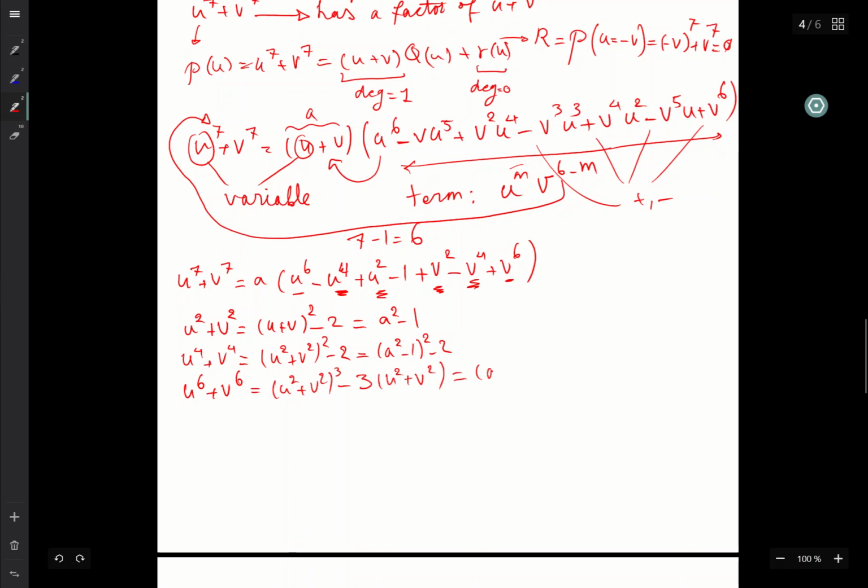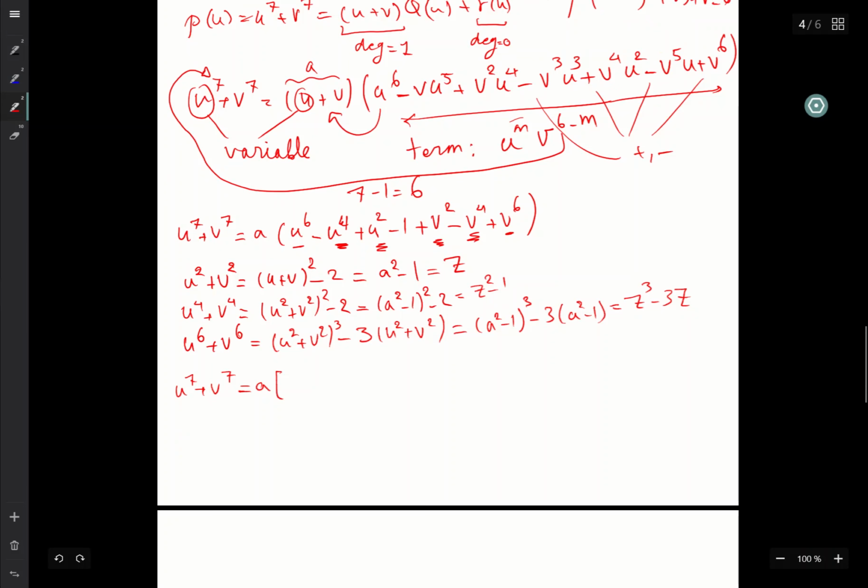u2 plus v2 is (a²−1)³ − 3(a²−1). So u7 plus v7 is a times (u6 plus v6). And let's also call a squared minus 1 something like, I don't know, capital Z. And therefore this becomes z squared minus 1. This becomes z cubed minus 3z. Okay? So a times (u6 is z³ minus 3z)